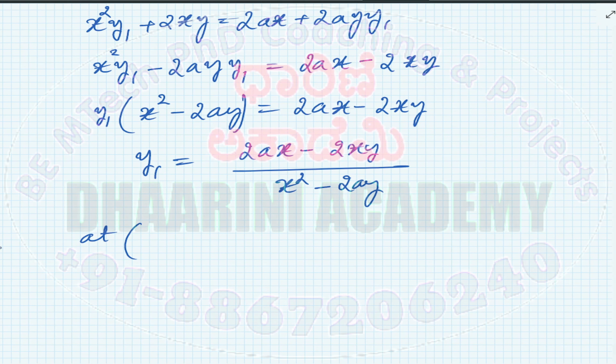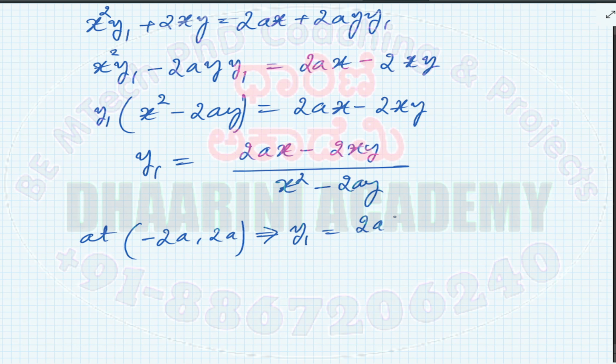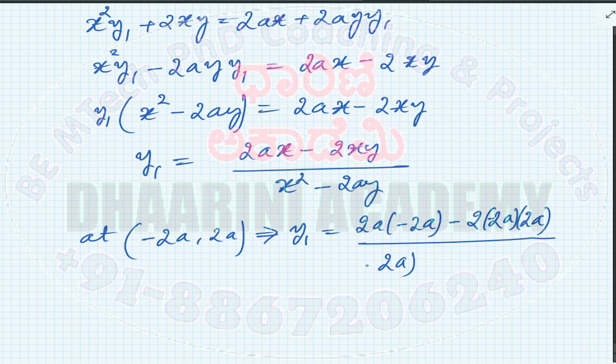At minus 2a comma 2a, y1 is equal to 2a into minus 2a minus 2 into minus 2a into 2a, whole divided by x square, so this is 2a the whole square minus